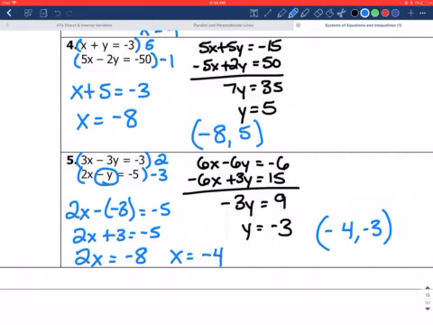So that is systems of equations with elimination. And if you got any questions,